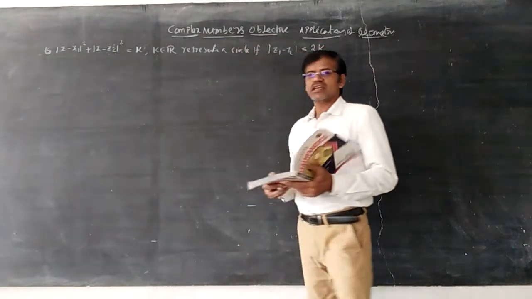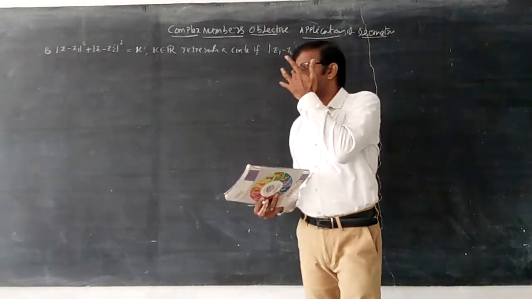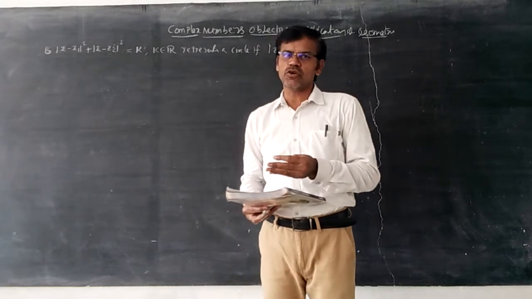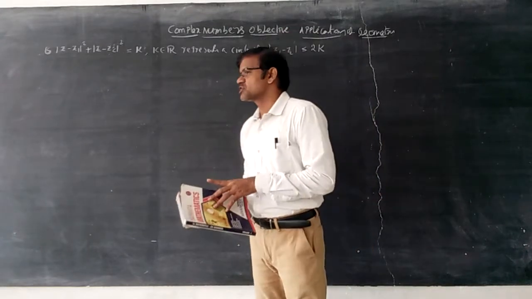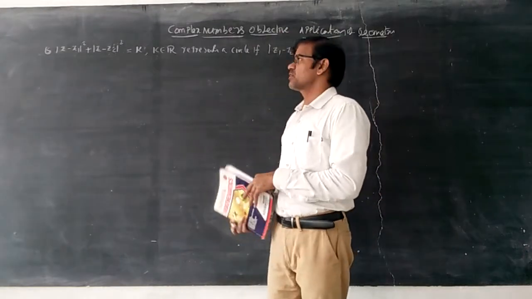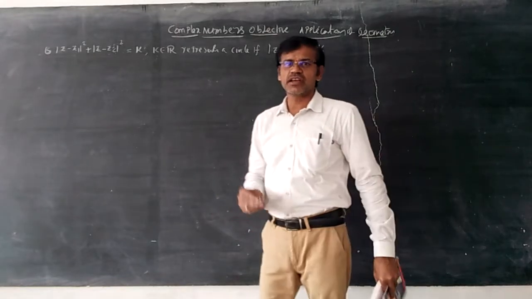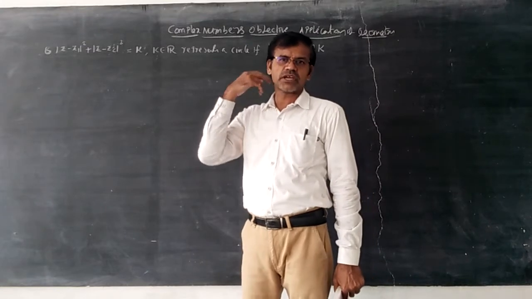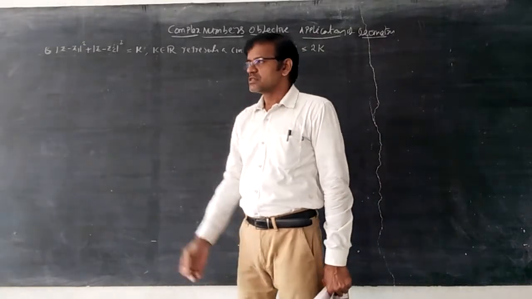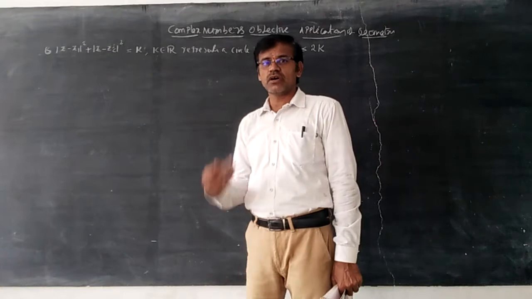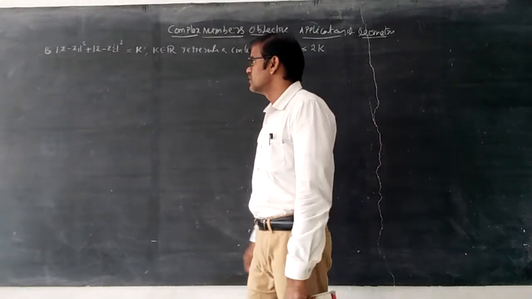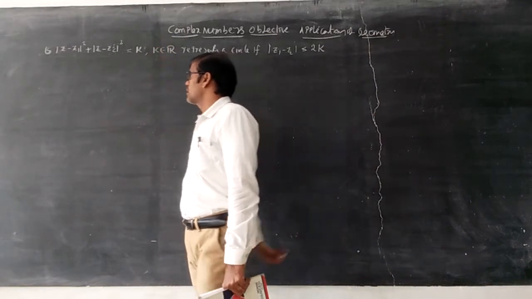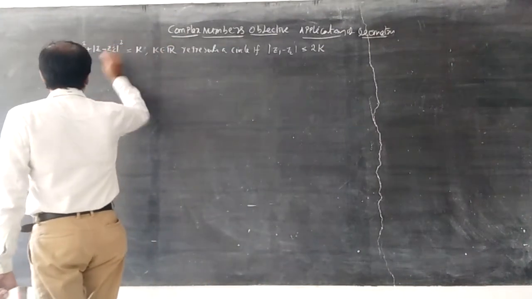So what is k here? Of course, all the points I am discussing with you, each and every point, I have discussed in the locus chapter. In first year only you have learned the locus chapter, that is why you are not having any idea regarding the locus sums. Simply, locus only you know, whatever the applications are there in locus: ellipse, circle, hyperbola, everything you have already learned. Plenty of times you have discussed it in first year geometry. Now I am going to discuss all these concepts in complex numbers.